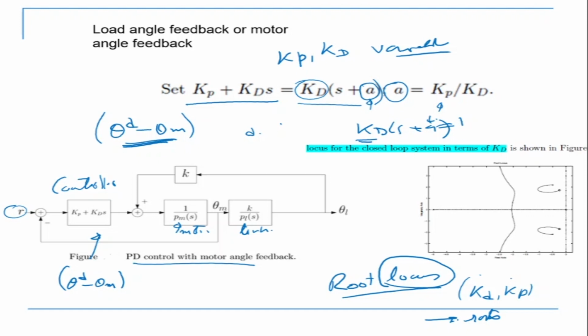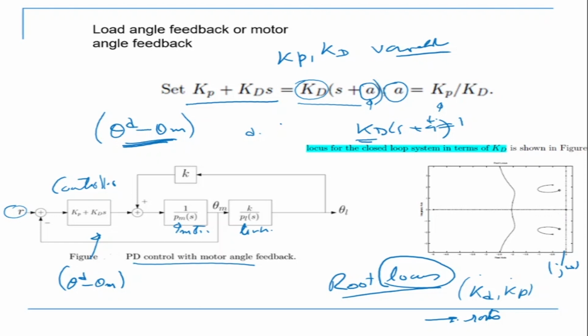And what is the point of doing this, or what is the advantage of doing this? The advantage is, if the root locus is on the left side of your j omega axis, this is my j omega axis, then irrespective of what values of KP and KD you put, your roots are always on the left of your j omega axis, so it's a stable system. Okay, so stability is guaranteed.